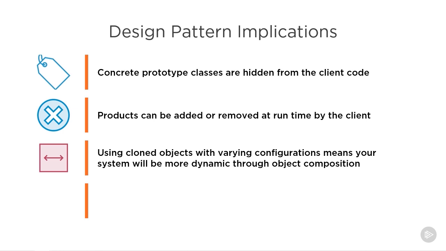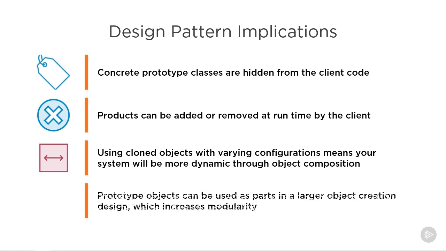Thirdly, using cloned objects with varying configurations means your system is going to be more dynamic through this kind of object composition, and your class hierarchy is going to be cleaner and more efficient. Lastly, prototype objects can be used as parts in a larger object creation design, which can also increase the modularity